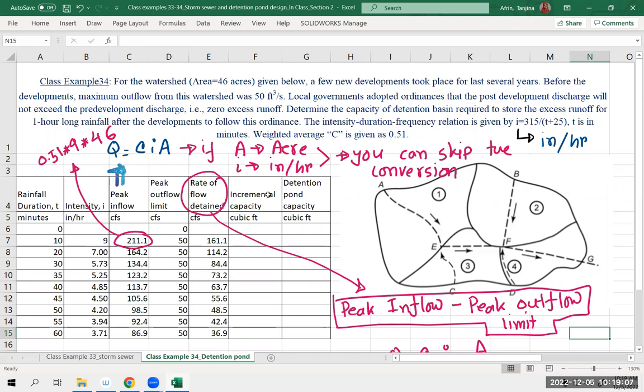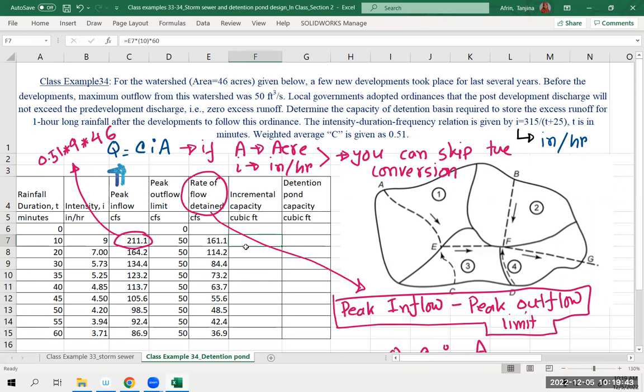So the next one is incremental capacity. Like each time increment, what will be the capacity? You need to make sure of one thing, all the time increments are not the same here. Up to 10 minutes, what is the time increment? Up to 20, what is the time increment? 10. Up to 30, what is the time increment? But up to 35 minutes, it's 5, right? So basically, what you need to do,